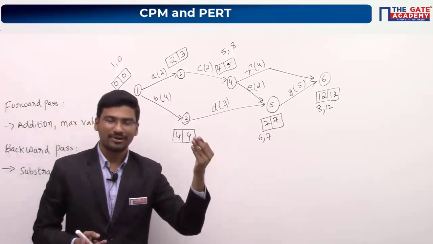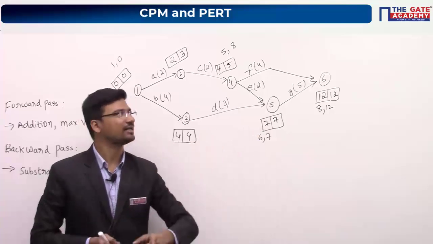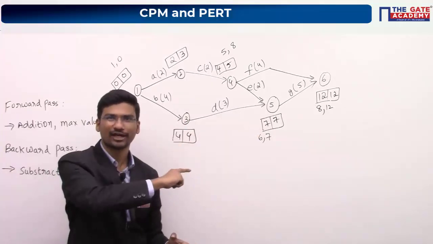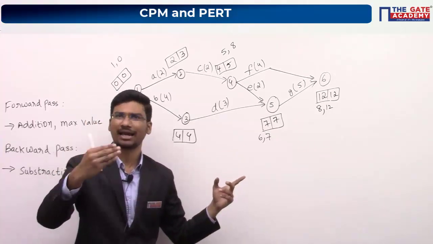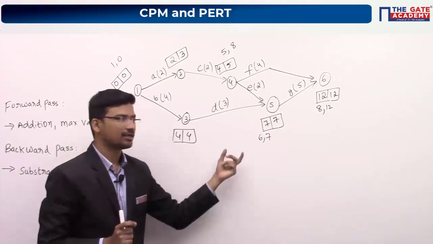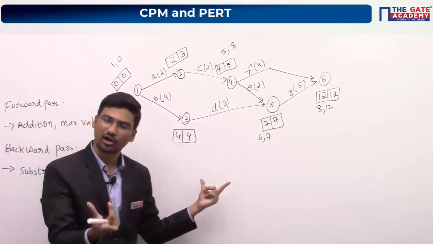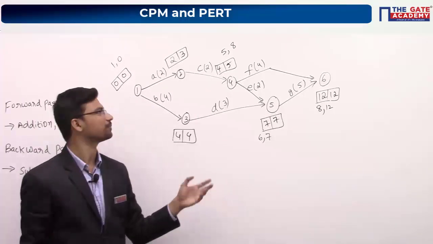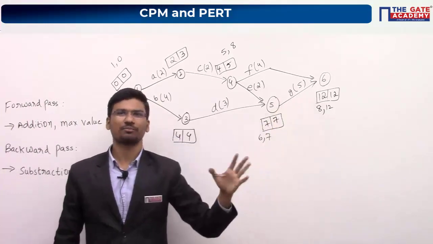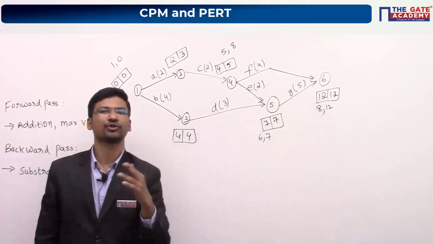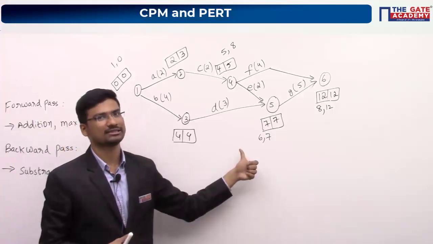So we have one more method to calculate the critical path and its duration. Previously what we have done? We listed the number of paths and calculated the path durations. The path which has the maximum duration, that is your critical path. Now using this forward pass rule and backward pass rule also, we can calculate the project completion time and find the critical path. So this will be your critical path and this will be your project completion time. Maybe it is your wish which method you use. You can use the first method or the second method.